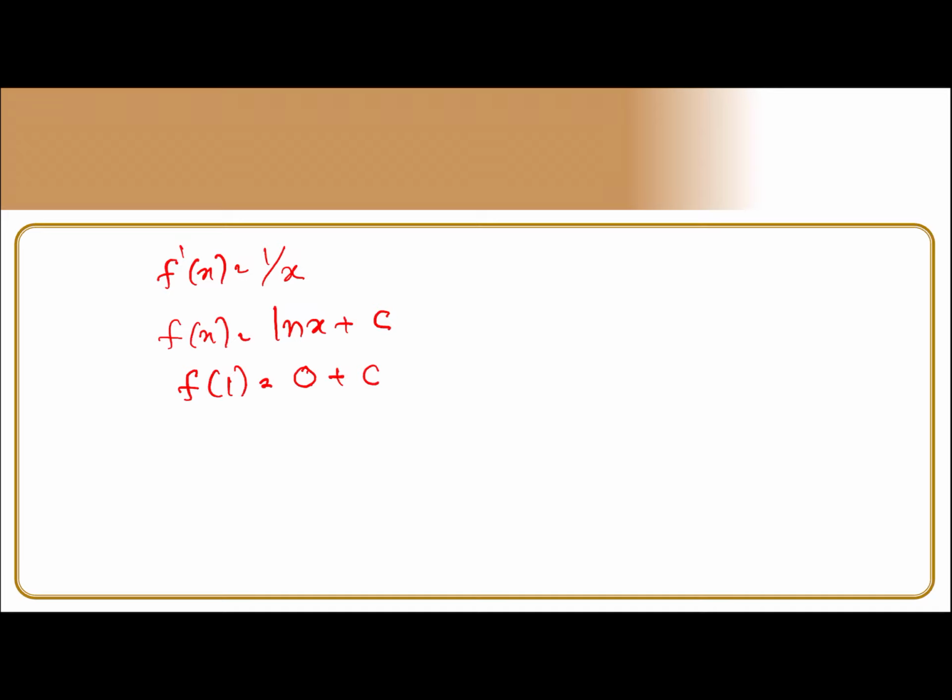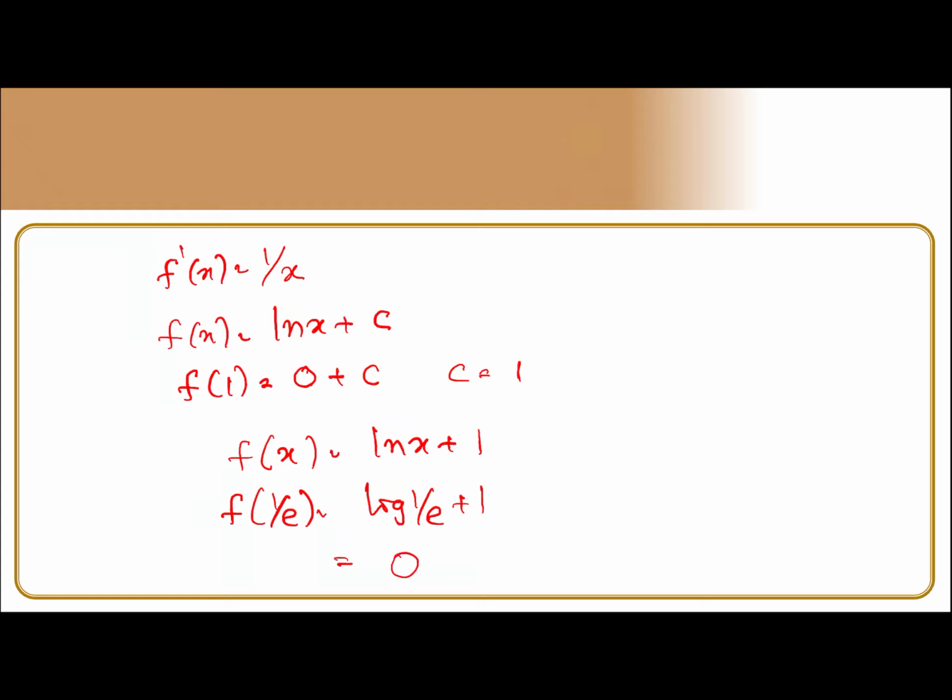So f of 1 is equal to log x plus c, where c is equal to 1. f of 1 is equal to 1 by putting in the function. So f of x is equal to log x plus 1. f of 1 by e will give you log 1 by e plus 1, which is equal to log e minus, this minus 1 plus 1 will give you 0.